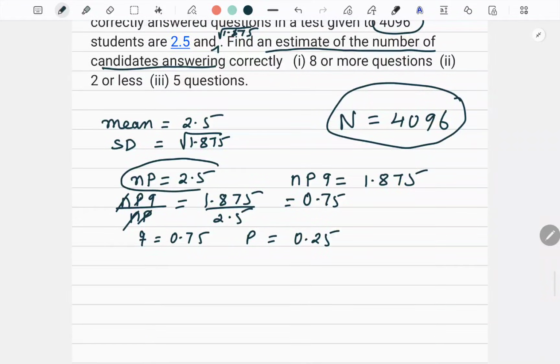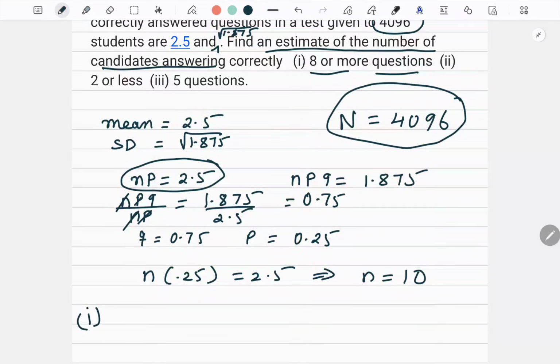Now look here, NP is 2.5. So N into 0.25 is equal to 2.5. So what is the value of N? Obviously it is 10. Right? 2.5 upon 0.25 is 10. So now I got P, I got Q, I got N, and these are the three things which are required to write down the probability distribution. Now what is the first question? 8 or more questions. Okay, so 8 or more means probability for x is equal to 8 plus probability for x is equal to 9 plus probability for